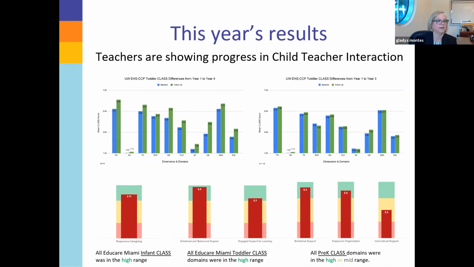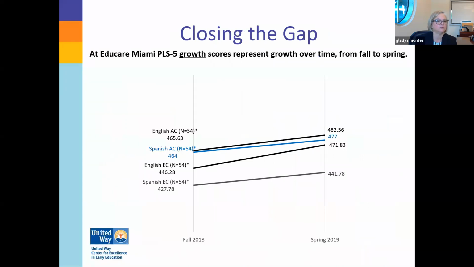The next slide that you're going to see is going to focus a little bit about the growth that is happening for children. This is in the Educare Miami, in the demonstration school. And what we are seeing now is that we have a steady growth in both of the languages. This is using the PLS-5, which is measuring children's growth in English and in Spanish. And what we see is that there is a consistent growth of these children in a parallel way,